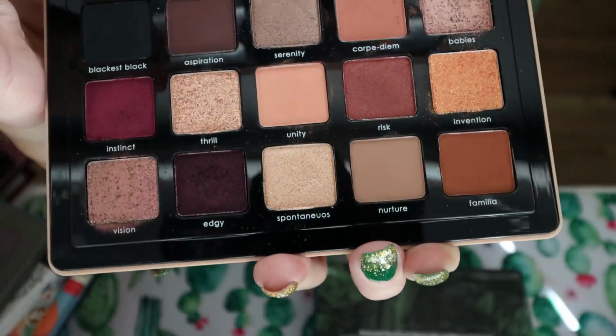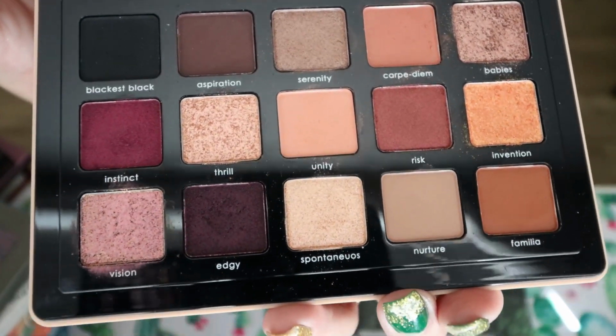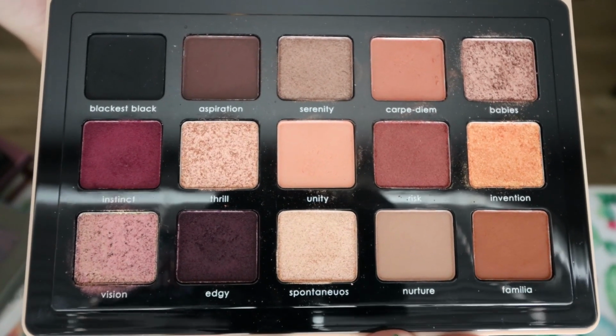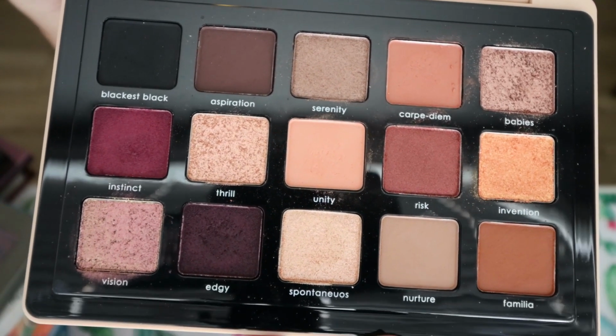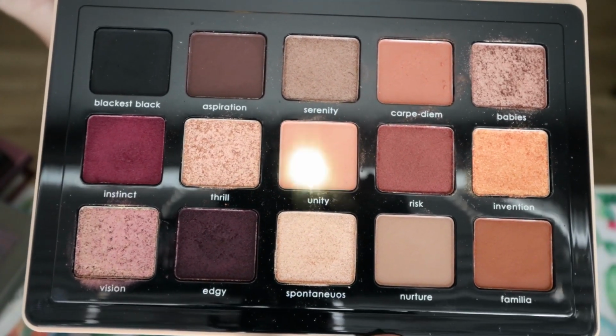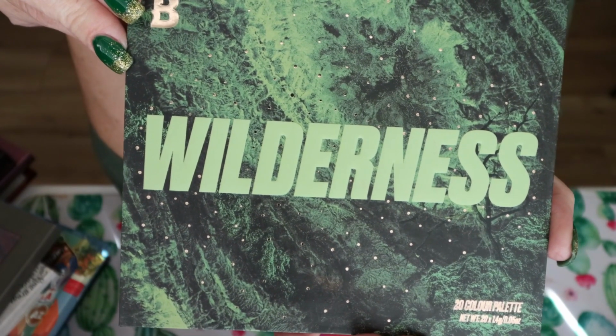This is the My Dream palette, and I actually really like this. It is cool tone neutrals, and the quality of this one I feel like is really nice. And when I'm thinking of cool tone neutrals, I do think about this one. So I do actually get a lot more use out of this. Next up are my Beauty Bay palettes. Beauty Bay palettes are so affordable. These are all under, I believe, the